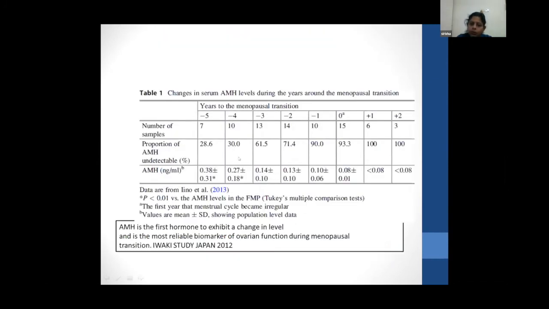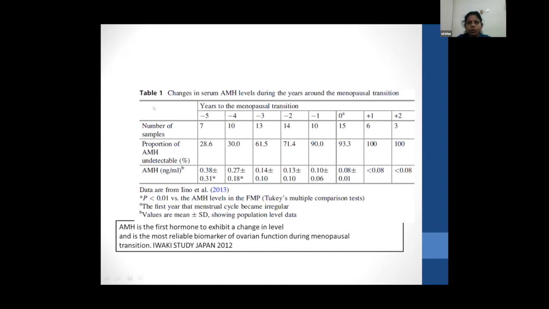Of course, only qualitative results were given, and the quantitative results were not published or recommended because the studies involved a smaller number of people. This is the AMH level that they found and how it decreases. It becomes similar at the menopausal transition age and becomes almost undetectable at the final menstrual period.